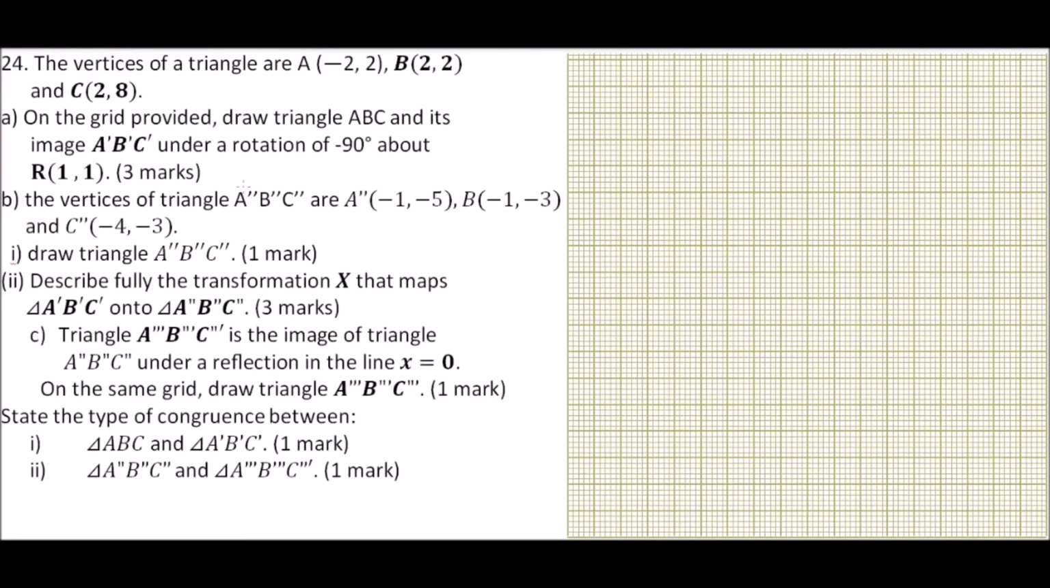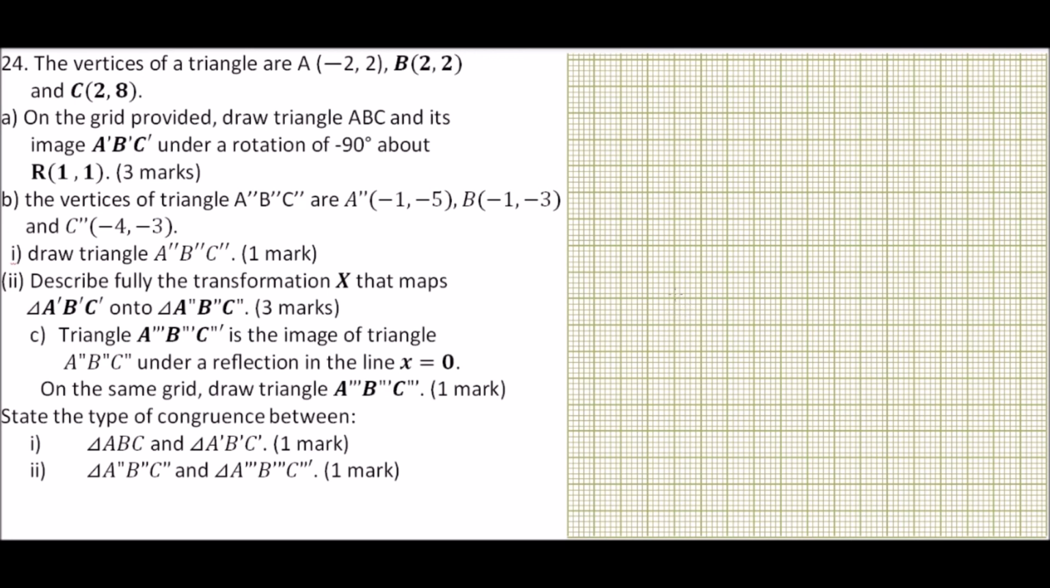This is question number 24, and we are told the vertices of a triangle are A (-2, 2), B (2, 2), and C (2, 8). On the grid provided, draw a triangle ABC and its image A'B'C' under a rotation of -90. So what we do